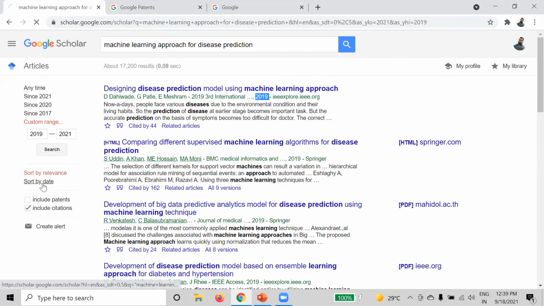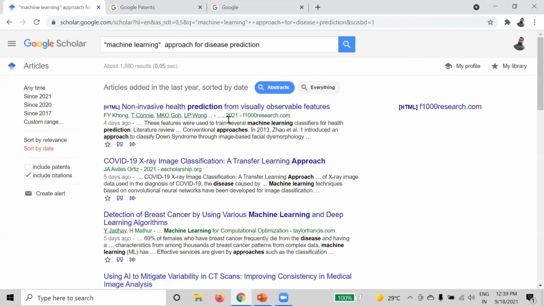So you can just select the sort by dates. So it will show the results here. You can see here this was 4 days ago. So this paper has been listed over here 4 days ago, then 5 days, and later on. Okay, so from here you can find similar kinds of papers which are published recently, till whatever range you have chosen.